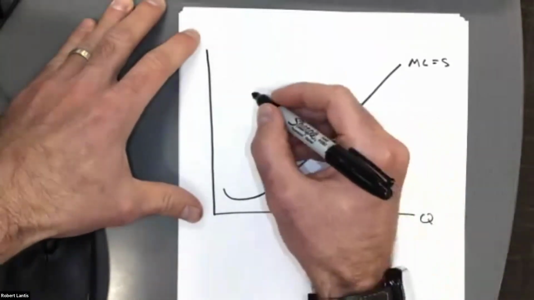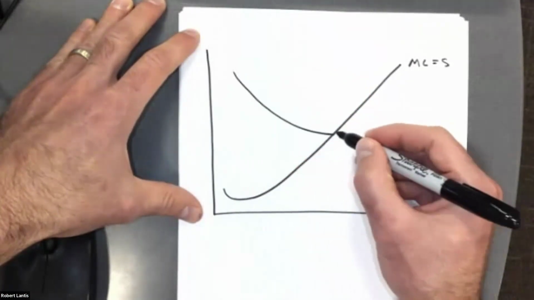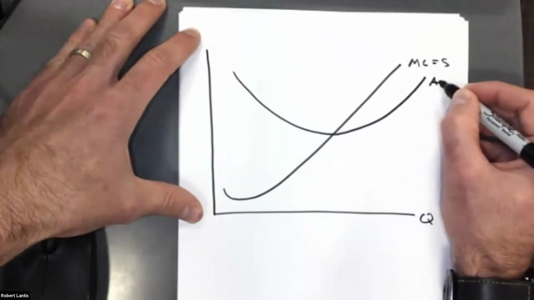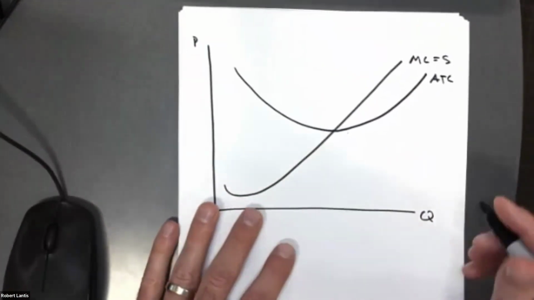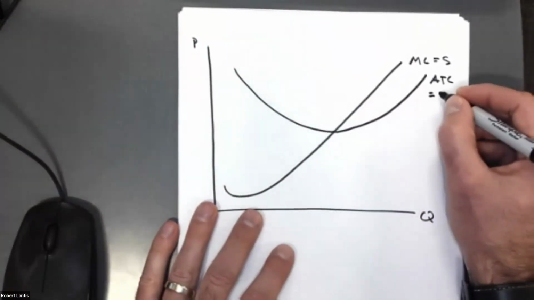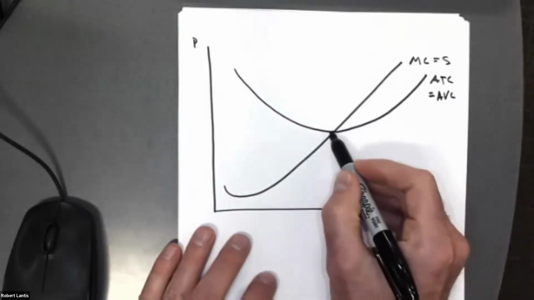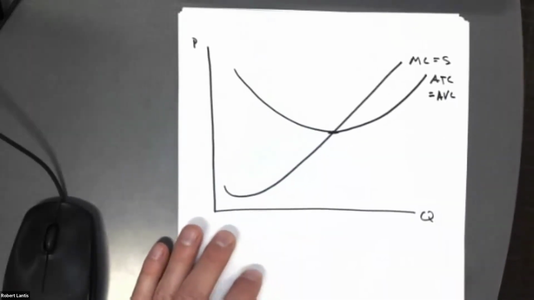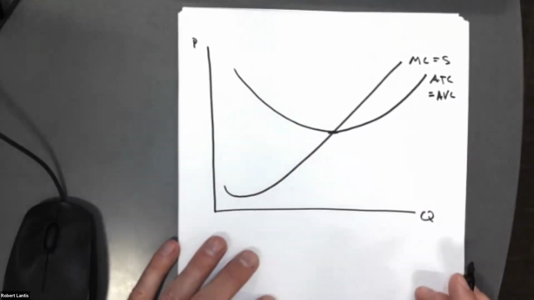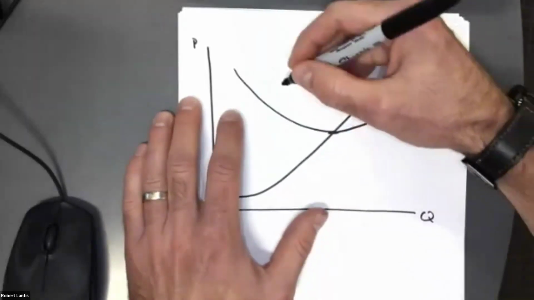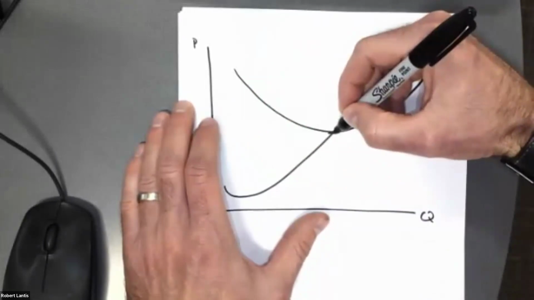Okay, so I want to then put in my average total cost. Now, if I'm comparing long run profits, in the long run we said our fixed costs are zero, so my average total and my average variable cost should be the same thing, and the marginal cost is intersecting them at their minimum point. Okay. So if we had this being our equilibrium price